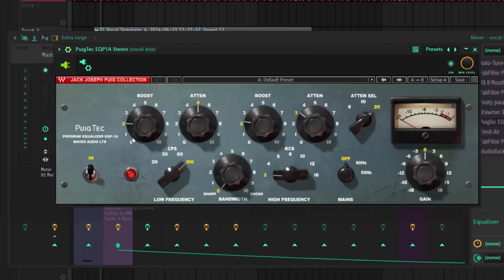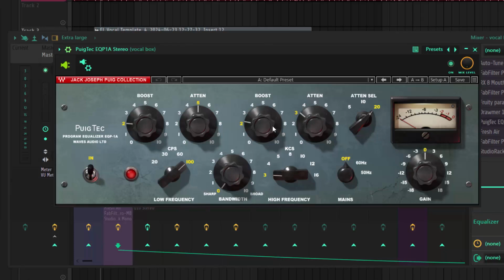So when I came to, let me just say, this is the low end. I just have to boost to about 2. Now my low frequency I have to set to about 100. My atten, how do I call it? I don't know how to call that, but let's just say I boosted that to 5, and then my bandwidth here, I didn't touch anything here.